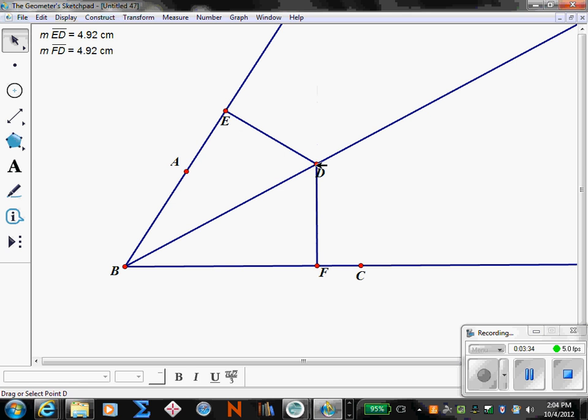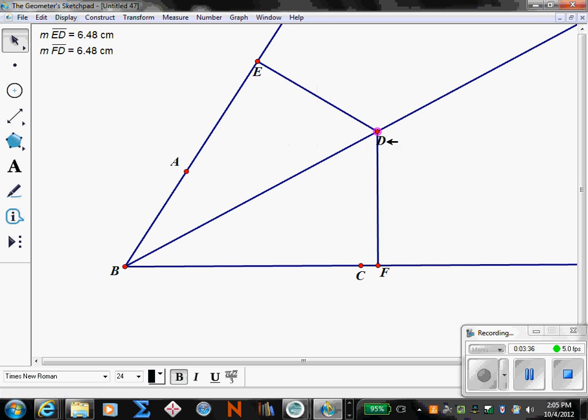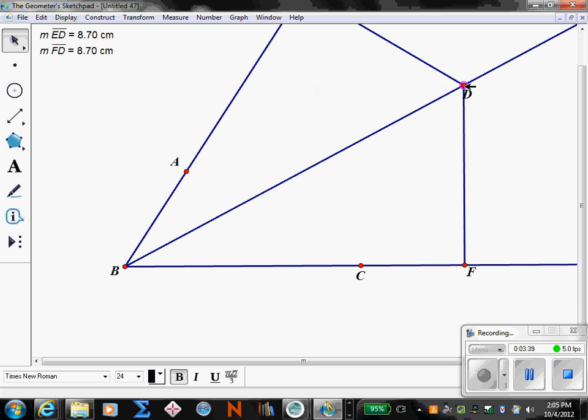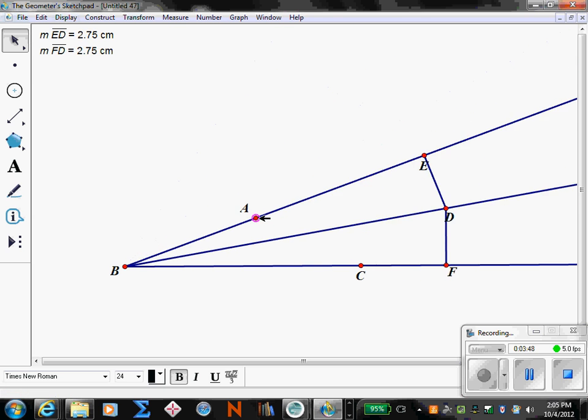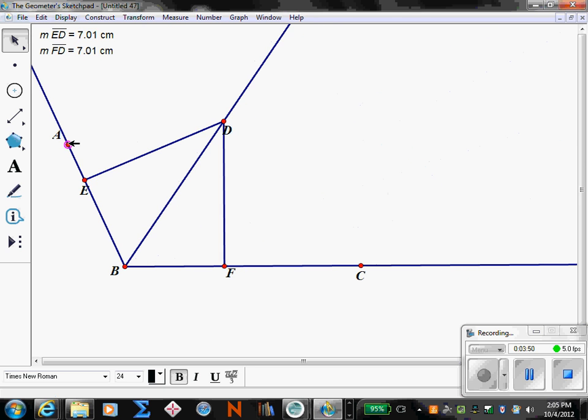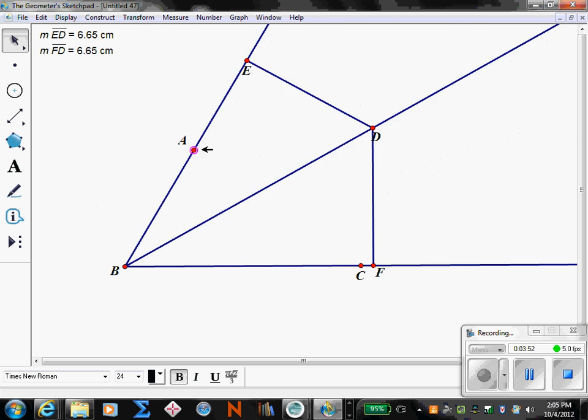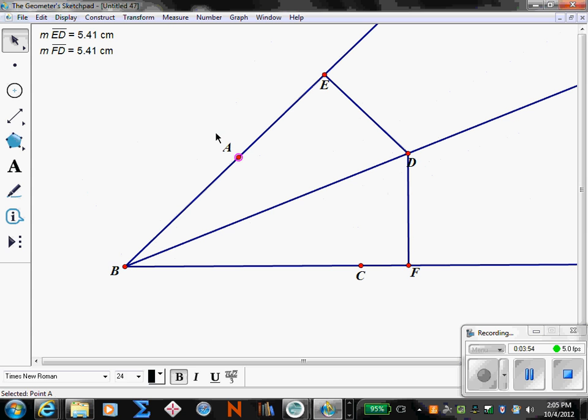What do you notice about the length? No matter where I put D, it is equidistant to the sides. I can make my angle smaller and the length stays the same, or I can make it larger and the length stays the same. So ED is the same length as DF, and point D is equidistant from both